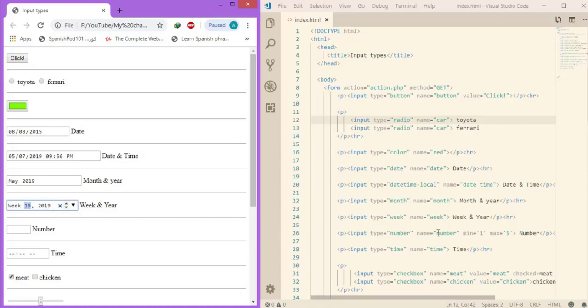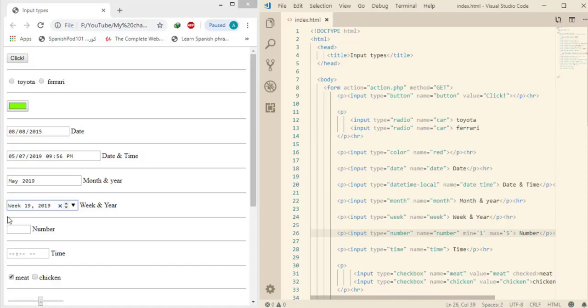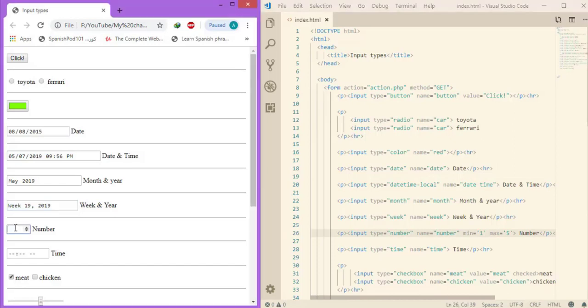And also we have here number, the type number, so it's different from text. Here we aren't allowed to insert characters, but in the text we can insert characters or numbers. Number just allows inserting numbers. And here is a trick. There are two attributes, minimum and maximum. So we can only insert up to 5. That's the max. So if we insert more than 5